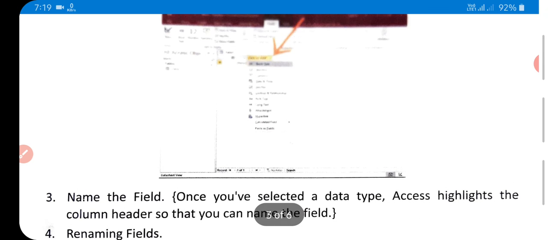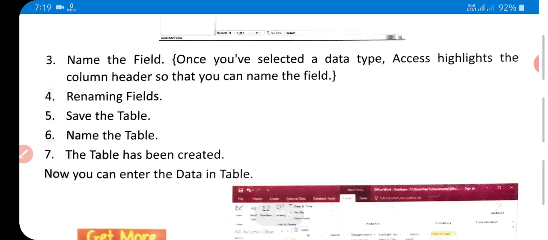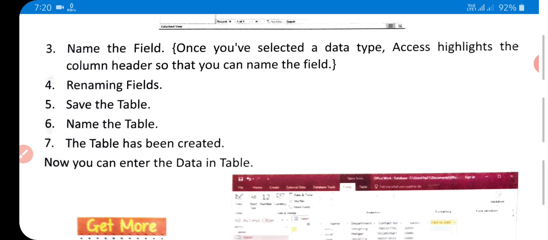Here we see the example on your screen. After renaming the field, save the table, name the table, and the table has been created. Now you can enter the data in your table. So this is the process by which we create a table in datasheet view.